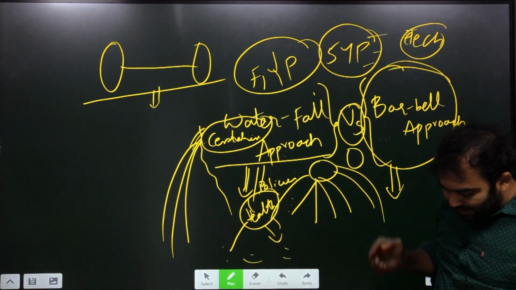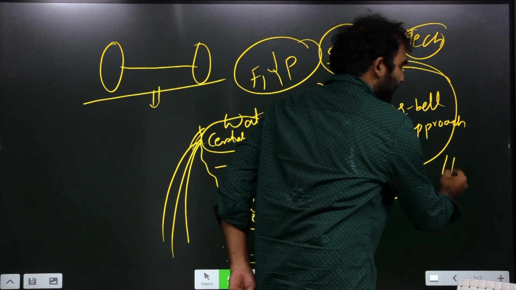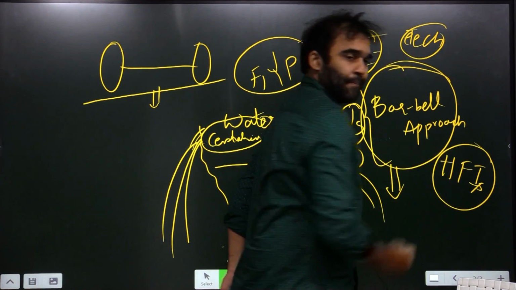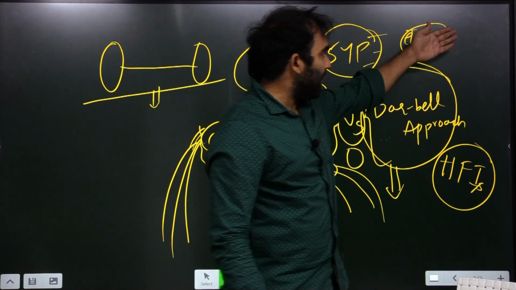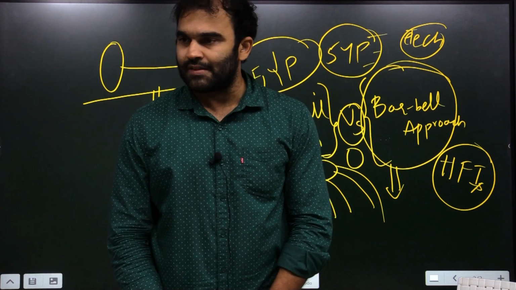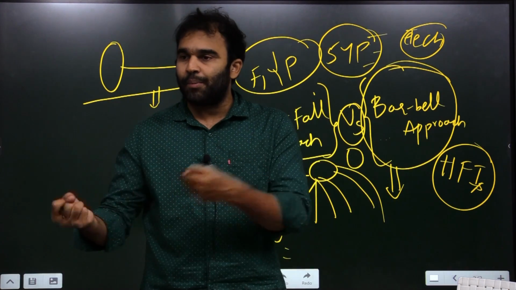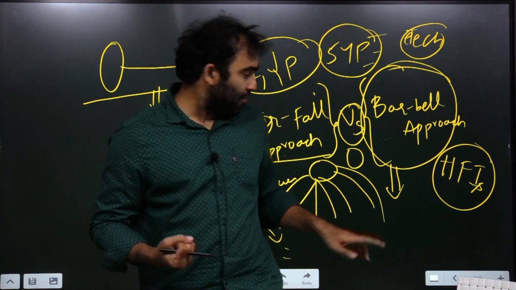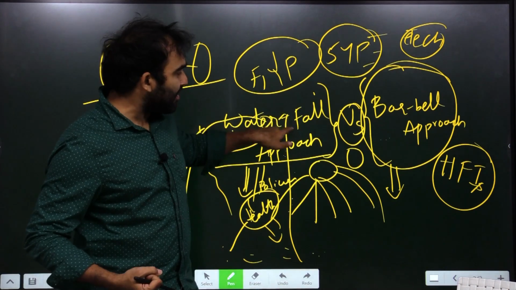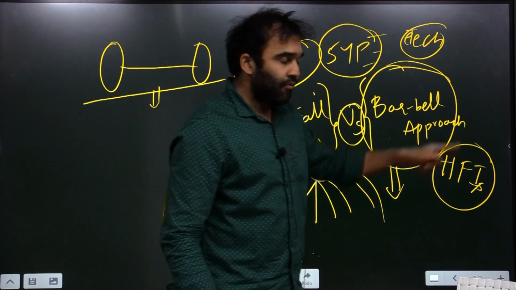So the government says that there are certain high frequency indicators which the government has developed with the help of available technology, and since we are using technology, regularly data is being collected. What's the problem here? In your waterfall approach, data comes, but by the time it reaches the top, 1 or 2 years will be done. So you don't have that much of time when it comes to COVID.